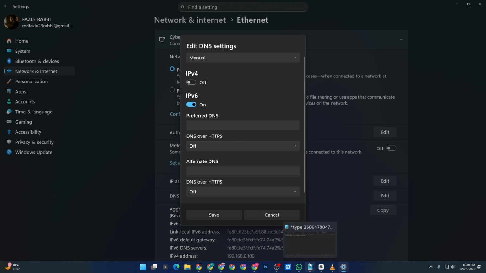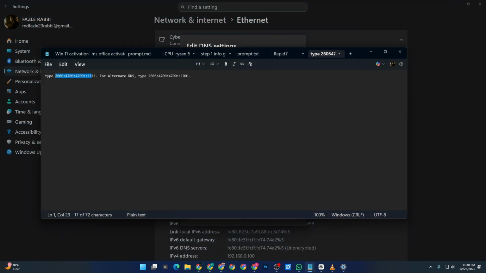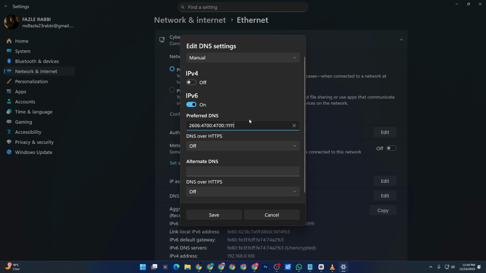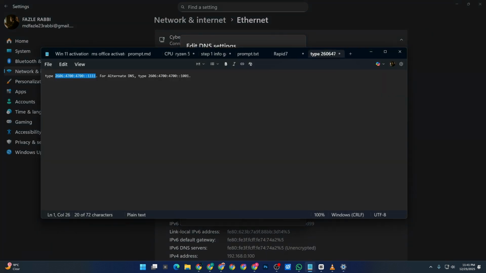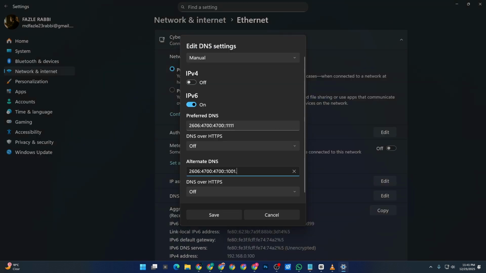For preferred DNS, type 2606:4700:4700::1111. For alternate DNS, type 2606:4700:4700::1001. After entering the DNS addresses, make sure the encryption option is set to unencrypted or automatic, depending on your